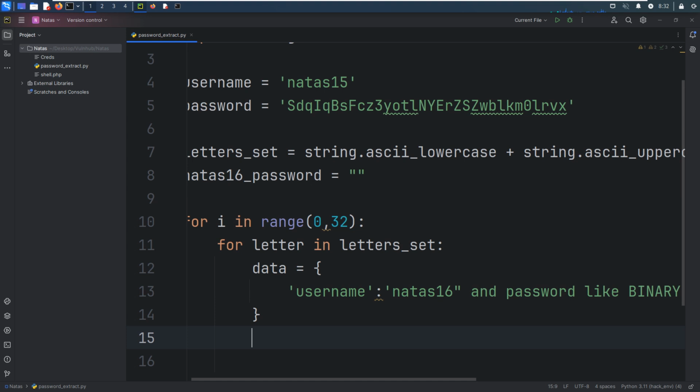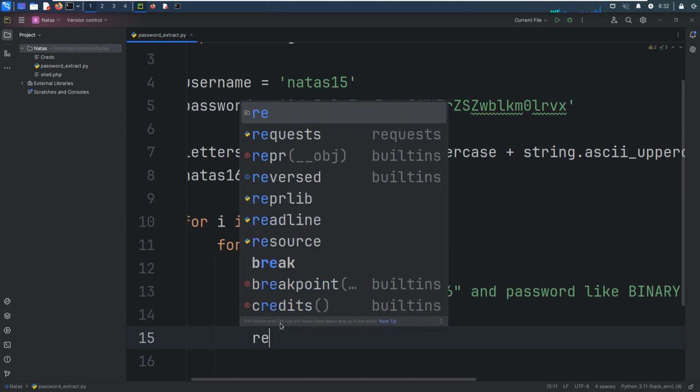Now we can send the request to the application.